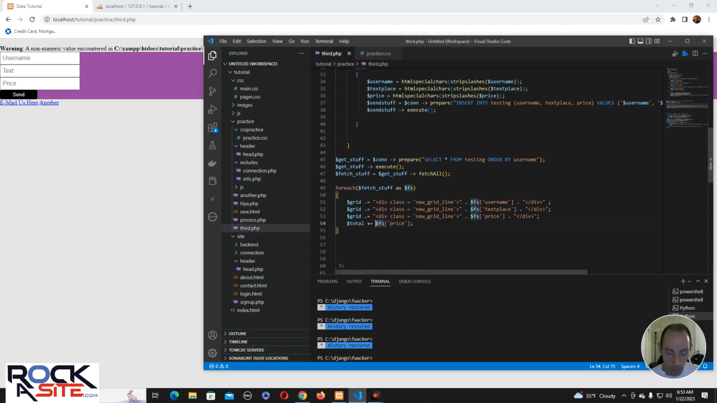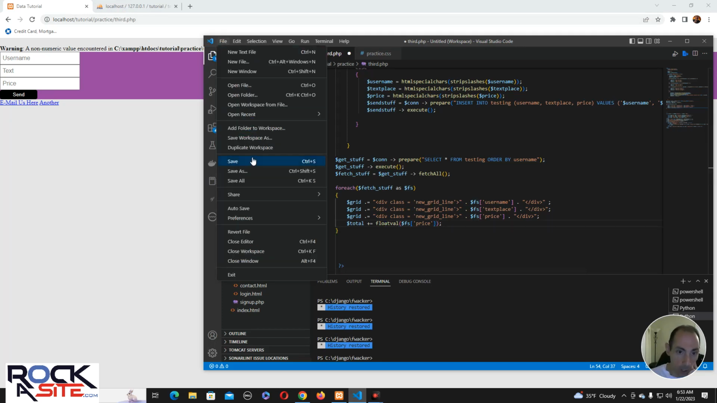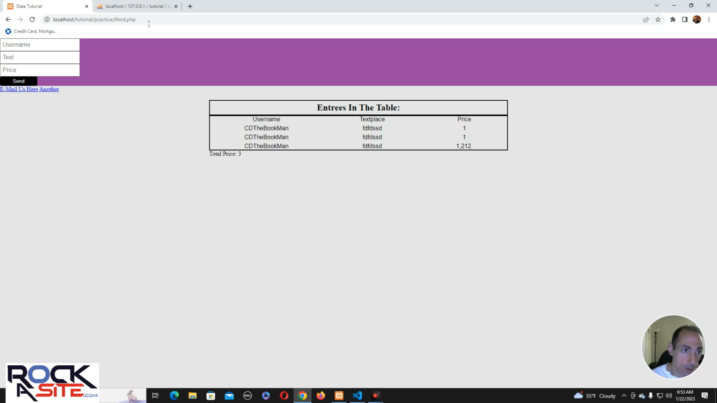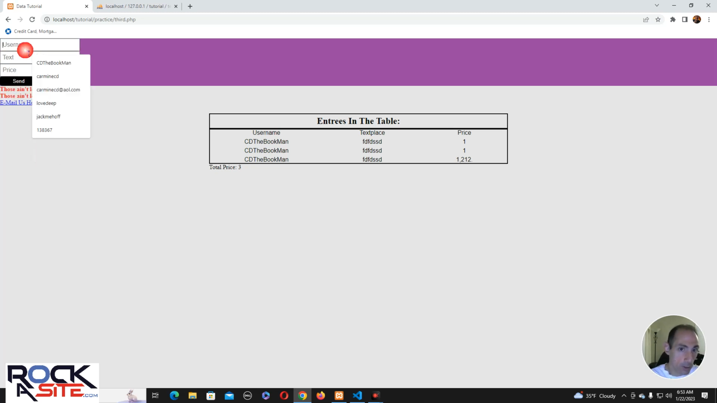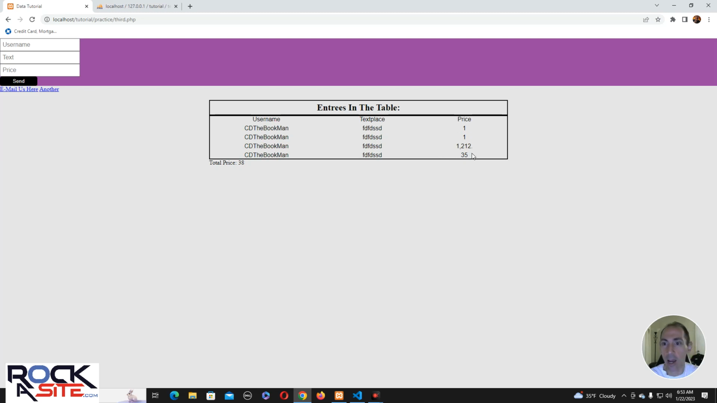And then we can go like this. So now it knows it has to be a float. Okay. Now, let me see if I can put it like this. Yeah, okay. So that kind of works. Now let's put 35 there. So as you can see now,